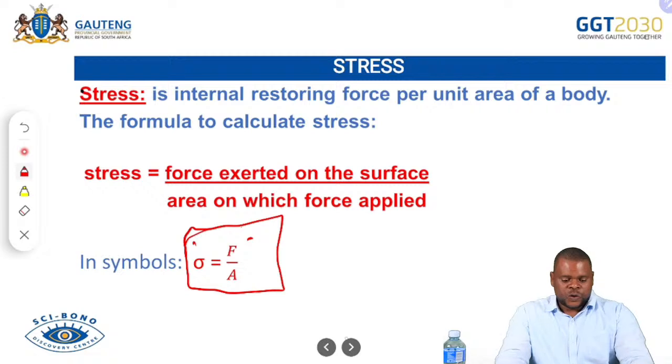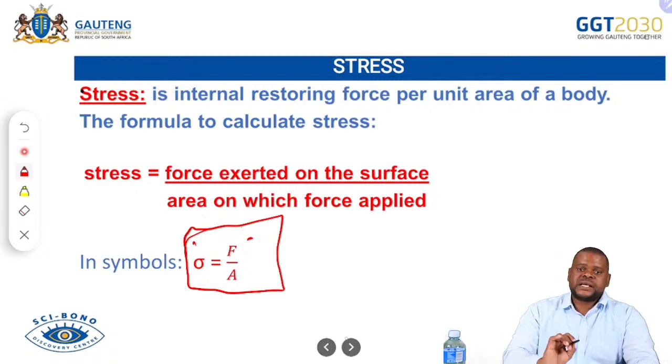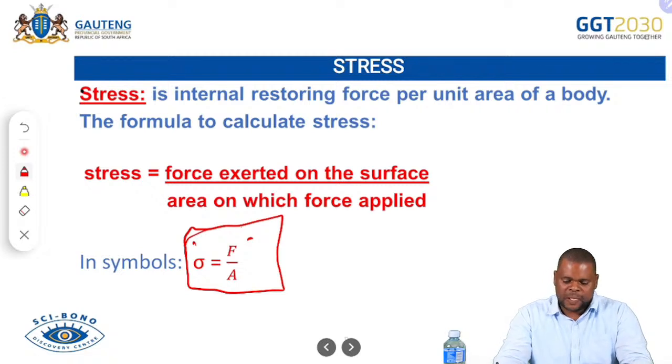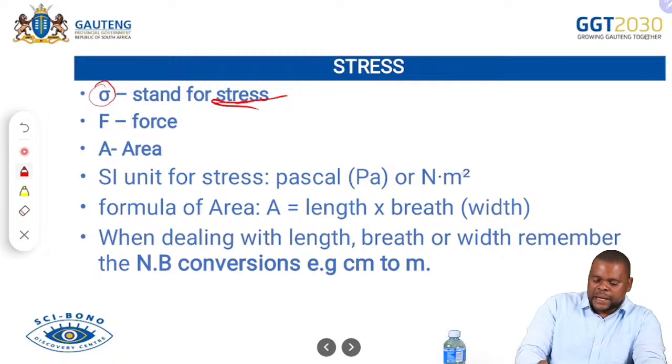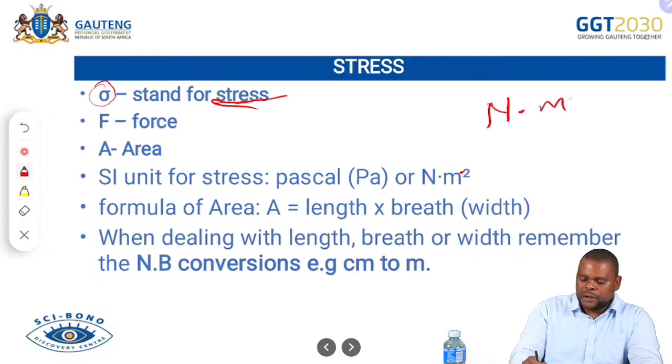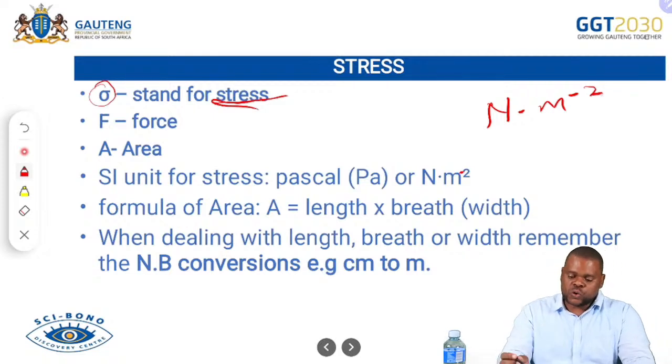Okay, let's continue. We say the SI unit for stress is Pascal. This Pascal is the same as Newton per meter squared. Oh, okay, we forgot the negative sign here. It's supposed to be Newton per meter squared, to show that we divide by an area. This is the unit for area. To show that there is a division, we must have -2 there. And the formula for area, we know, is